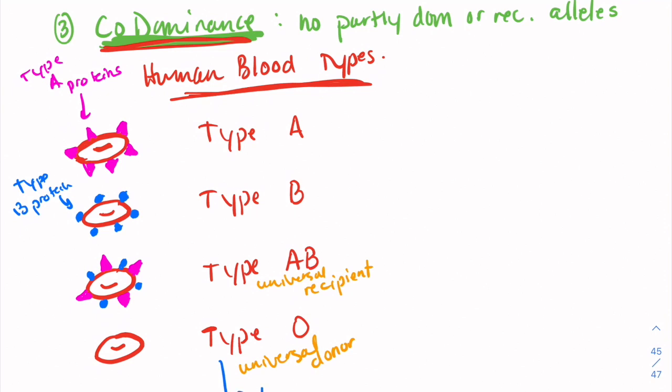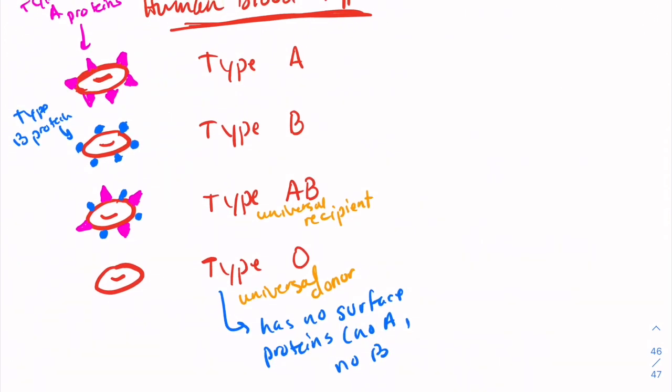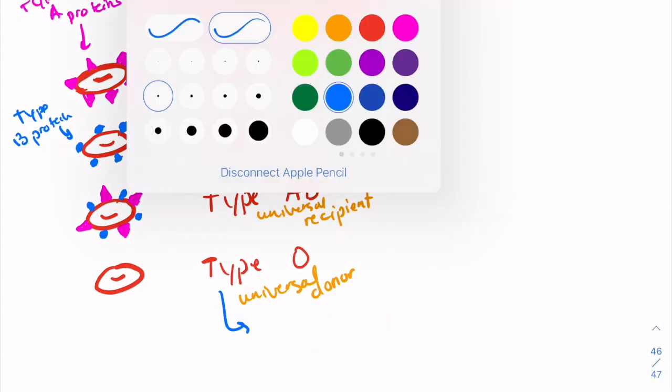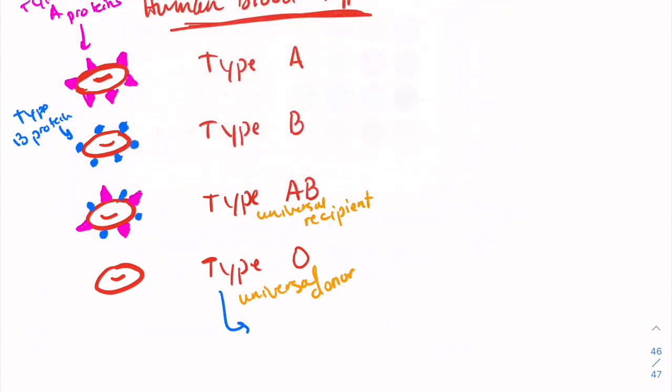So type O blood has no surface proteins. Well, they might have others, but they have no A and no B proteins at all. It's just the lack. It's the lack of A or B. Let's even say it that way. That's better. Say it this way. Lack of A or B